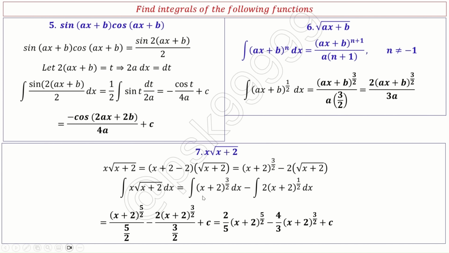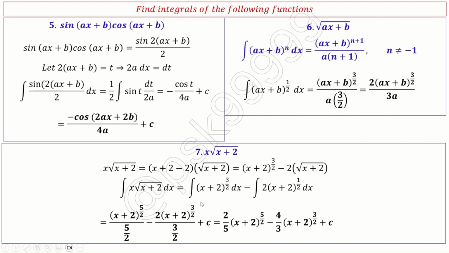Now if I apply integration individually, this is very simple, same as I apply this rule. Integration of x plus 2 whole to the power of 3 by 2 is nothing but x plus 2 whole to the power of 3 by 2 plus 1, that is 5 by 2, divided by 5 by 2, minus 2 times x plus 2 whole to the power of 3 by 2 divided by 3 by 2. Now with simplification, you get this answer. Hope you understand how to apply this one. This is very important, a default integration formula, so you should remember this. Next,